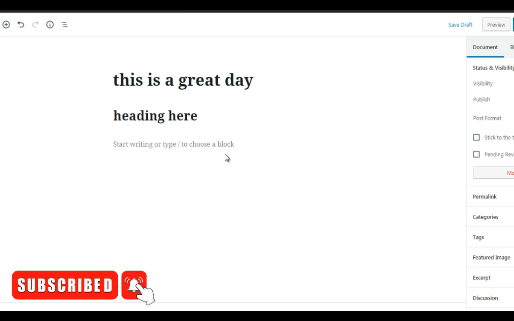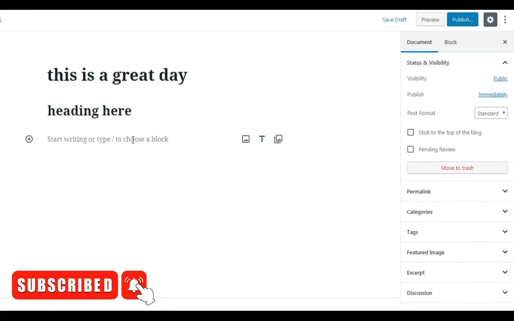So if you think about the old classic editor, you would not really be able to do that as easily. You could go down and grab the content and then move it around, but it would end up really becoming tedious. So the goal of this is to try and make your life a lot easier.